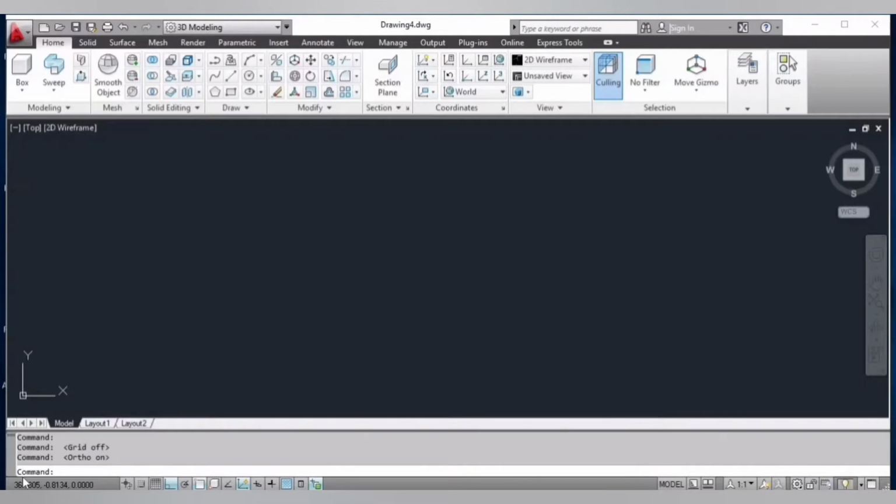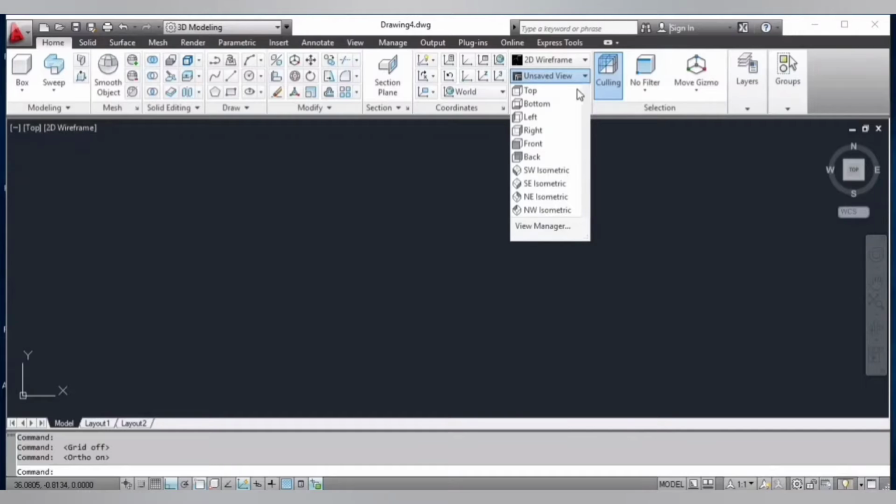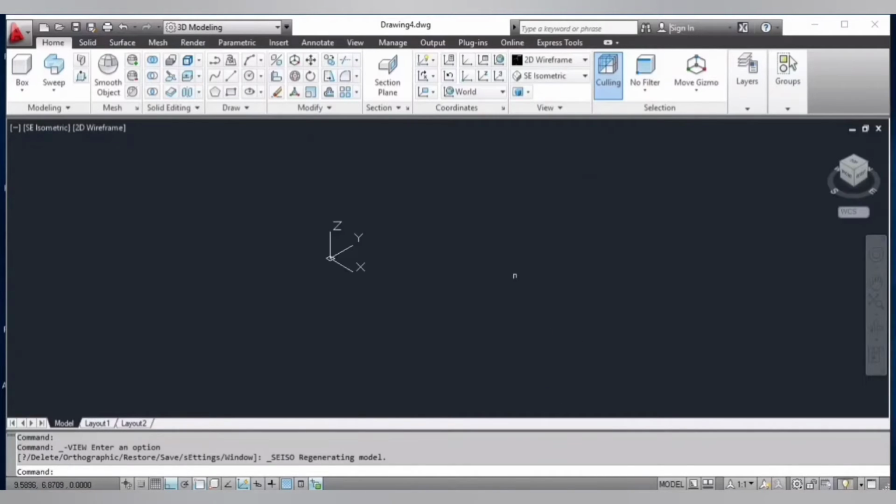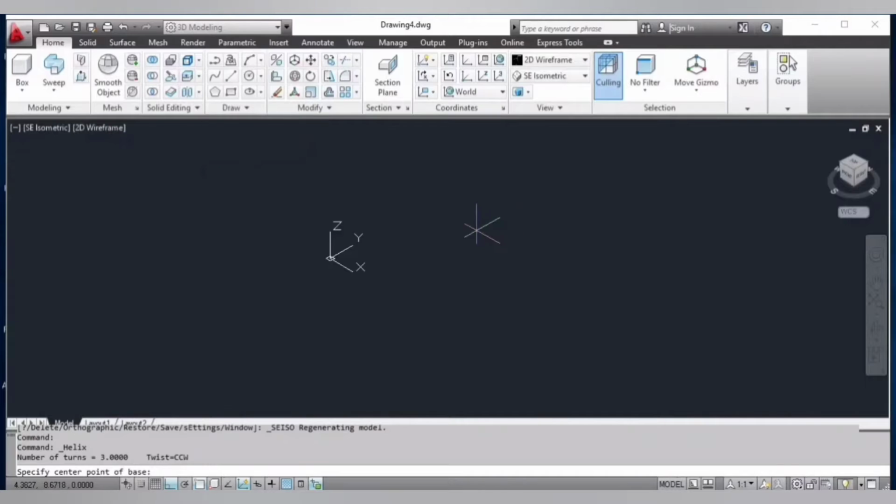Friends, today I'm going to show you how to make a spring in AutoCAD. First of all, we have to set our view. Then click on here, then select AC isometric, then click on draw and select helix, click on here and set the radius 10 inch